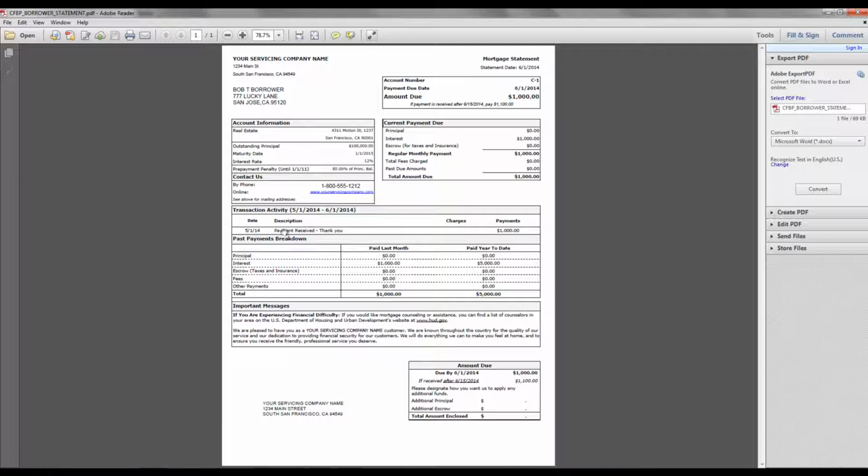What makes it CFPB compliant is it has a single point of contact. It shows the borrower what you did with last month's payment, and it has a disclosure here to contact counseling. In this example, it's HUD, Housing and Urban Development, in case they're in trouble financially and need someone to talk to. So that's a CFPB compliant borrower statement, and you're going to want to use this if you're